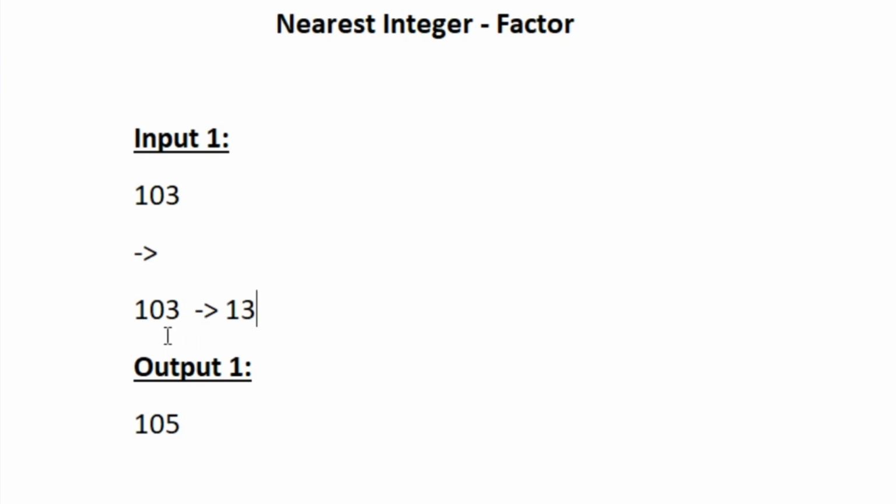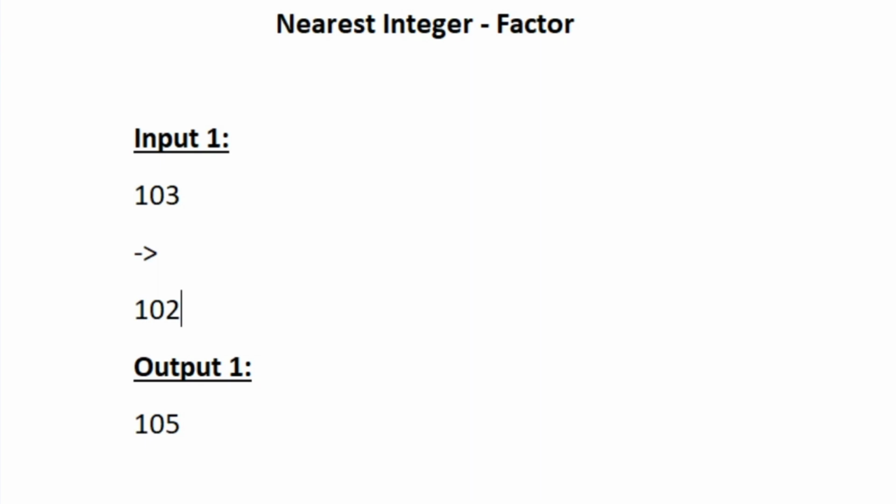So for any of the given integers, we have to check whether the whole integer is divisible by the newly formed integer. So for every integer, we have to take the first digit and last digit and concatenate, and we have to check whether it divides the original number. So here 103 is not divisible by 13. So we have to check for the next integers.